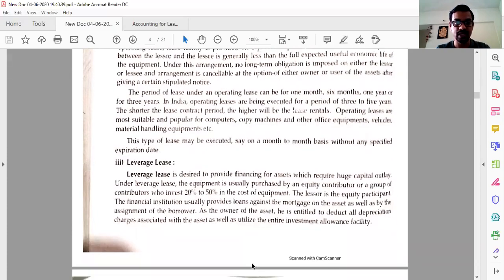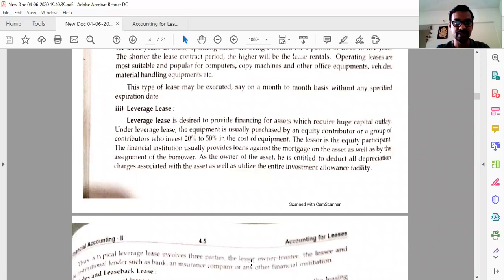Now, the third one is the leverage lease. A leverage lease is designed to provide financing for assets which require huge capital outlay. Under a leverage lease, the equipment is usually purchased by an equity contributor or group of contributors who invest 20% to 50% of the cost of the equipment. The lessor is the equity participant. The financial institution usually provides loans against the mortgage on the asset as well as by the assignment of the borrower. As the owner of the asset, he is entitled to deduct all depreciation charges associated with the asset as well as utilize the entire investment allowance facility. So this is about the